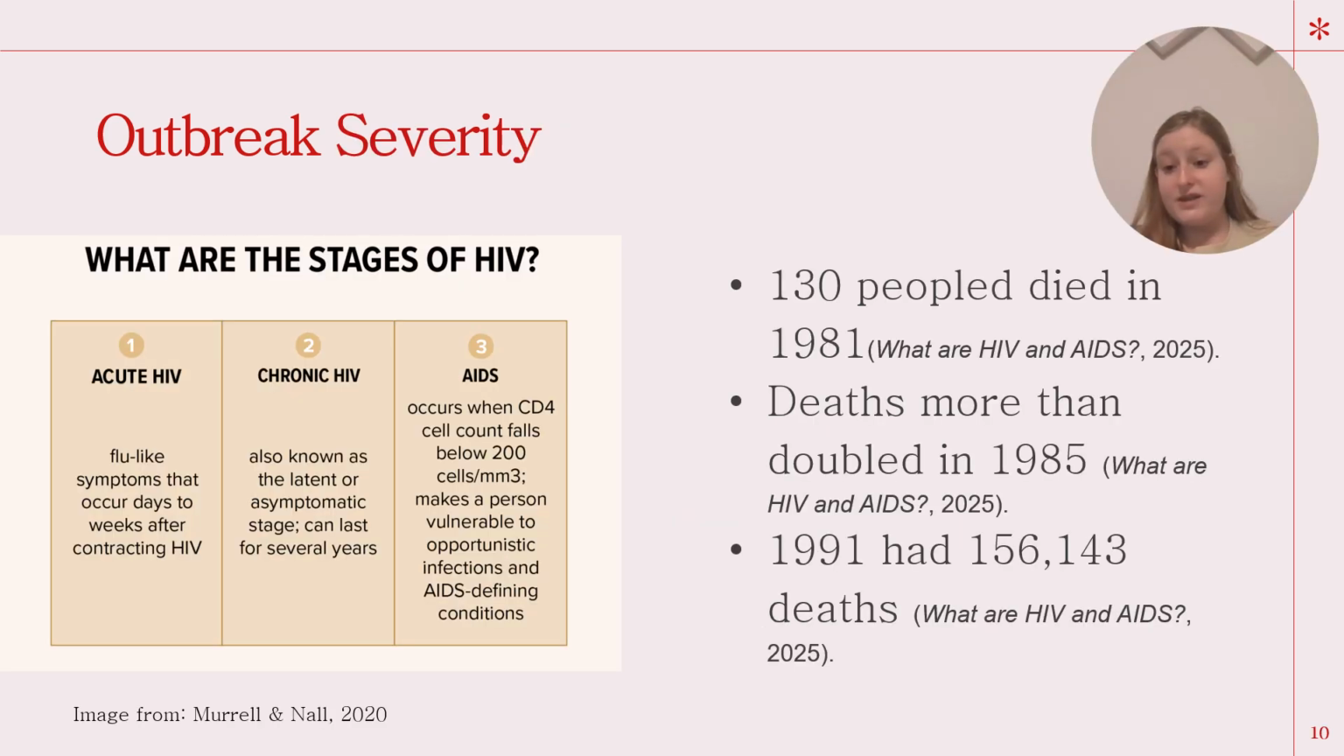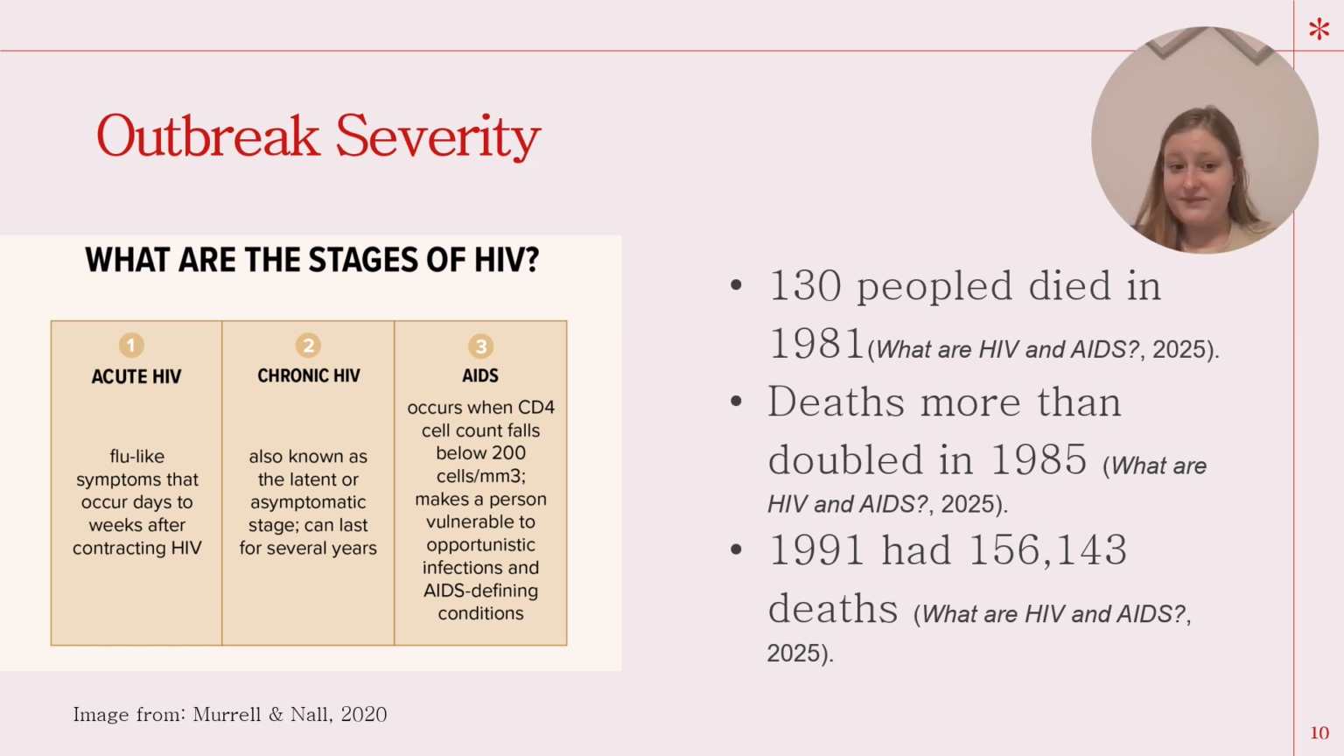Outbreak severity, we're doing a similar thing, just sharing important statistics that I felt were very much important to share. So 130 people died in 1981. The deaths more than doubled in 1985, which makes sense as it had the most cases out of any of the previous years at this point. In 1991, there were